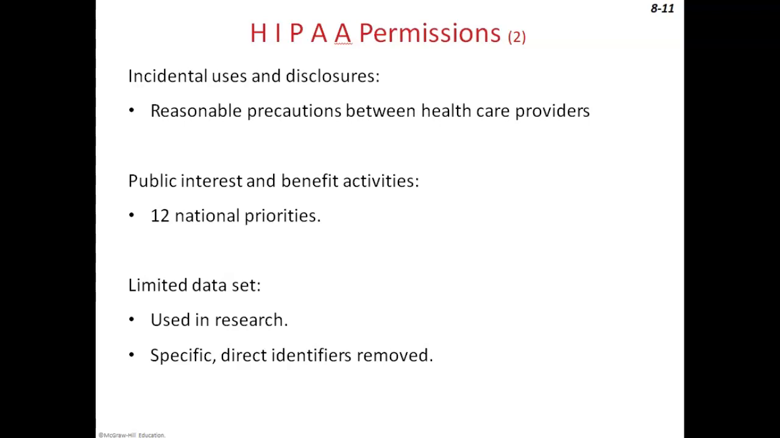Public interest and benefit activities. So PHI can be released without written authorization for 12 national priority purposes. These are, if it's required by law, as part of a public health activity, for victims of abuse, neglect, or domestic violence, in health oversight activities, for judicial and administrative proceedings, for law enforcement purposes,